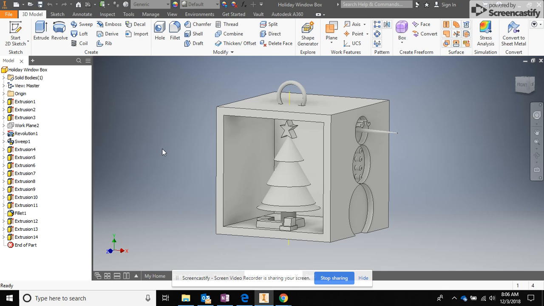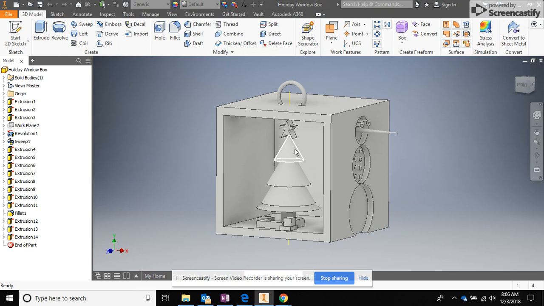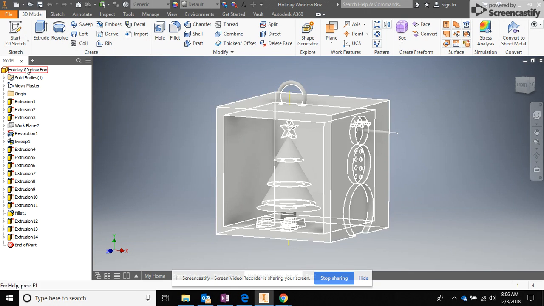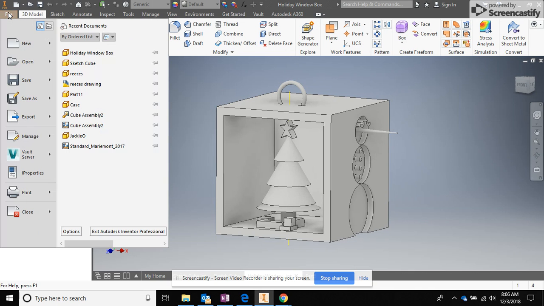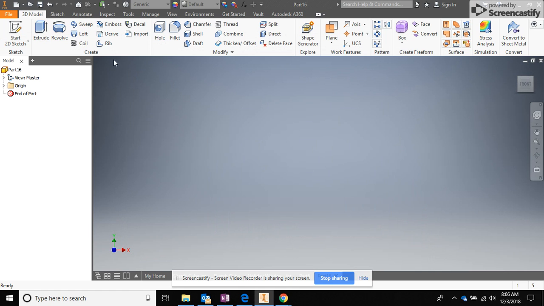Hello, here is a quick tutorial on how to use the Revolve tool. The Revolve tool is how I created this little Christmas tree here in less than a minute. So let's get started. I'm going to start a new part, File, New, Standard IPT, and we're going to start